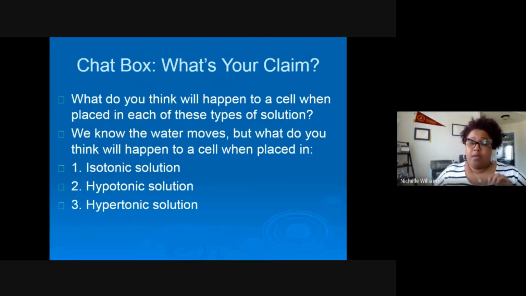So now I want you to focus on number 2 and number 3. Now, if you need to look back at the definition of hypotonic and hypertonic solution, I'll go back to that for just a second. But I want you to chat in the chat box what you think will happen to a cell when it's placed in a hypotonic solution and a hypertonic solution. Now, when you chat in, instead of having to type all of that out, you can put 2 and then write your claim, and 3 and then write your claim. And if you would prefer to type out the words, then you can, just for the chat box. Now, when we get to our next assignment, you'll have to type everything. But just for the chat box, put a claim for 2 and a claim for 3.